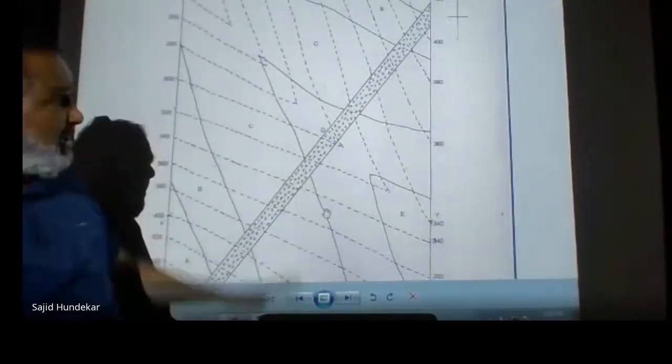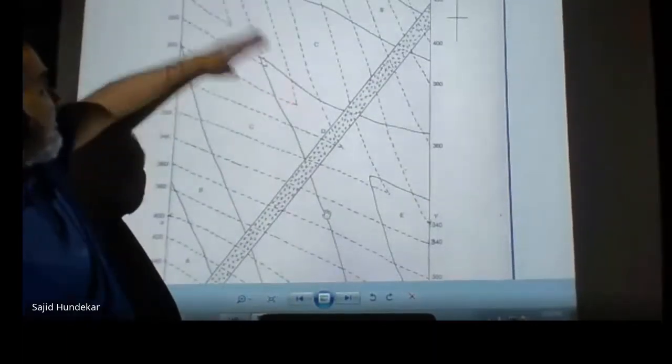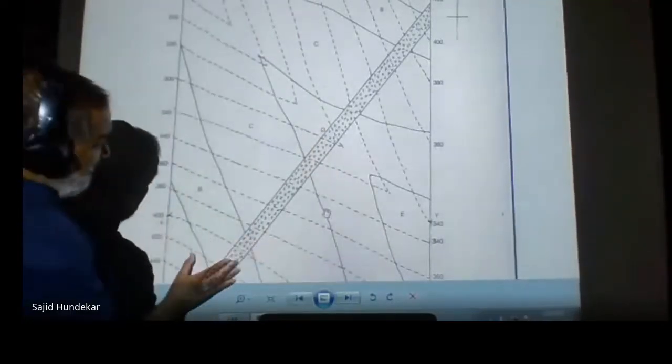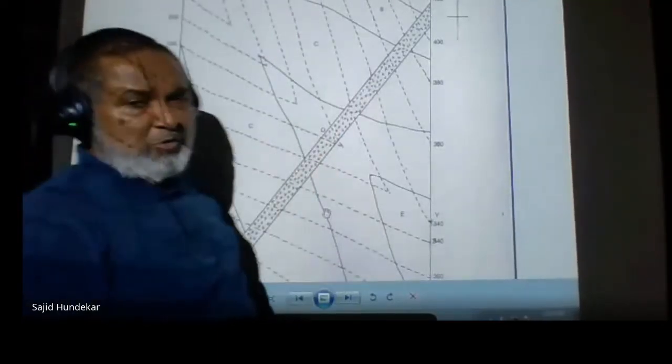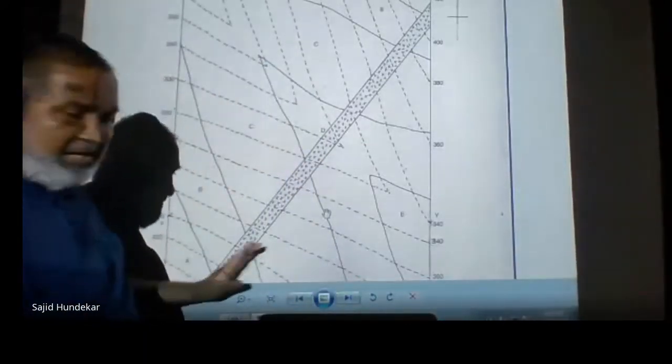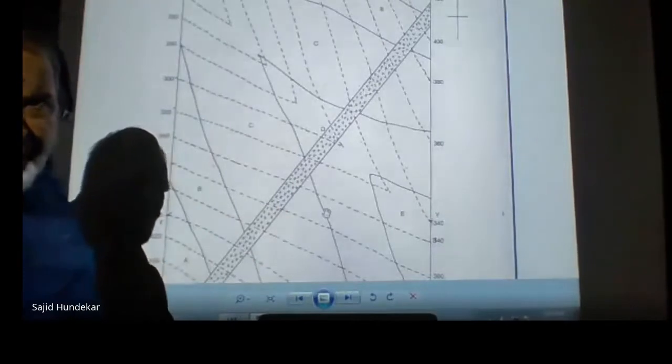If it is shifted here, then it is shifting towards the north side. If it is shifting here, then it is shifting towards south. But it is not going from the center of the map, so we have to write down specifically about that particular point also. Here this map is done. We'll go for the next map.